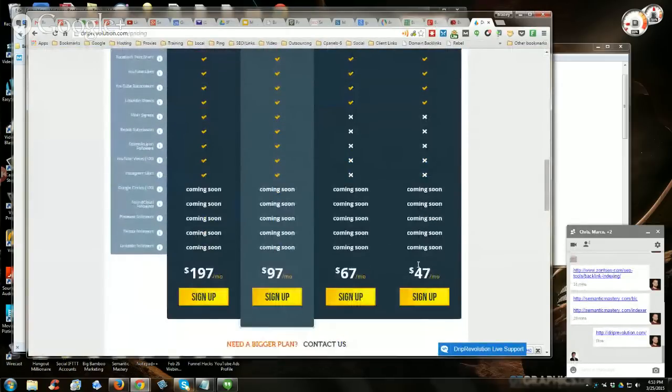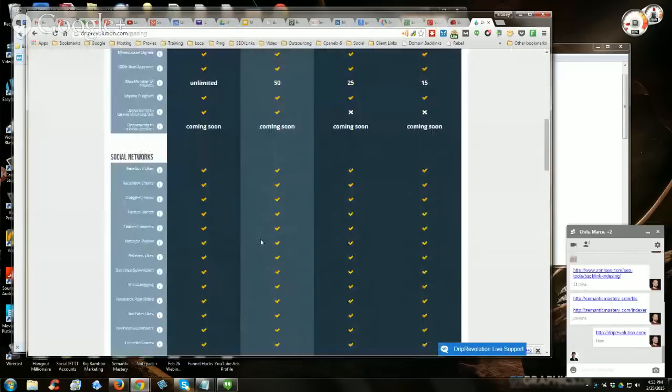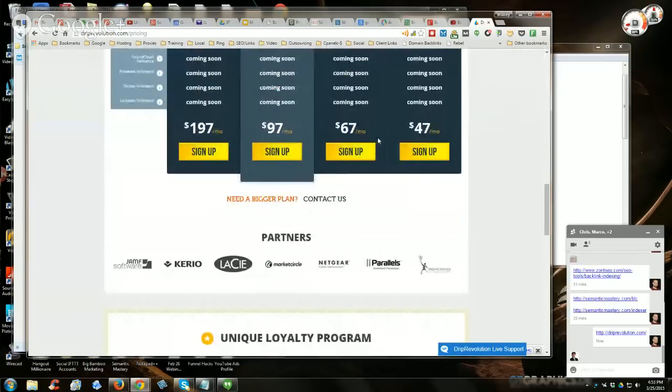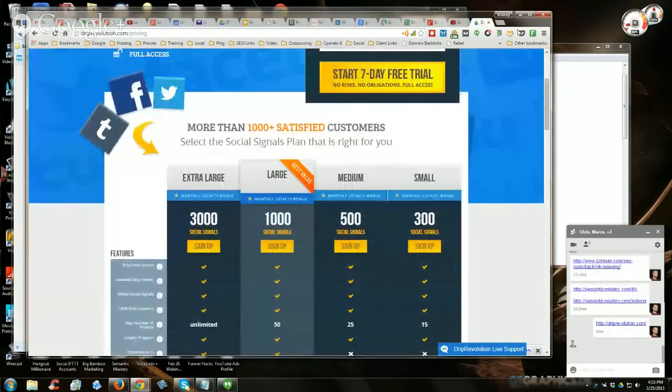It's like $47, $67, $97 a month, and you get this amount of signals, and they have a loyalty bonus, which means every month you're there, you get an increase in your signals allotment. Just so you know, I haven't tested this, but it does look pretty good, and I would like to test it because it looks promising.